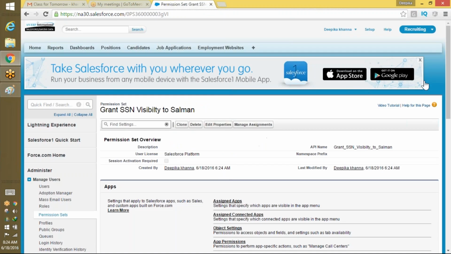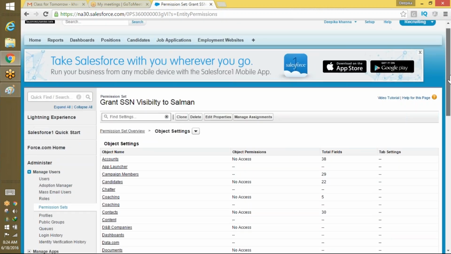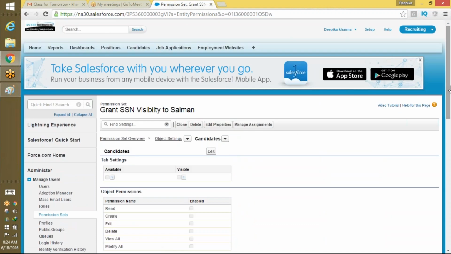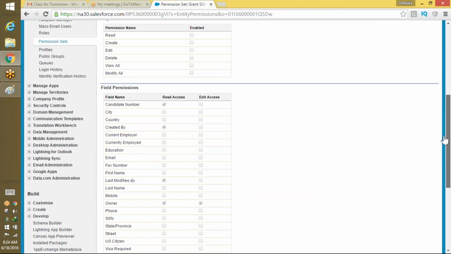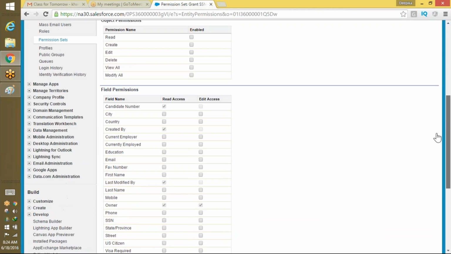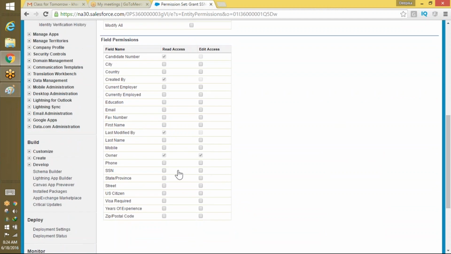What I want to do here is, now we have to go back to the object settings again. Now here in the object settings, which object do I need to change? The candidates object I need to change, but I don't need to change the read permissions. What I need to change is the field level permissions. So here if I scroll down, these are the field level permissions. So what do you want to do in the field level? On the SSN, I not only want to give the read access, I also want to give the edit access. So I'm going to just go ahead and say,